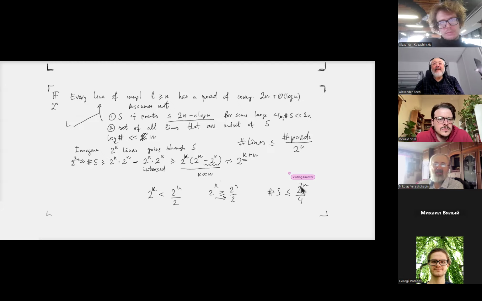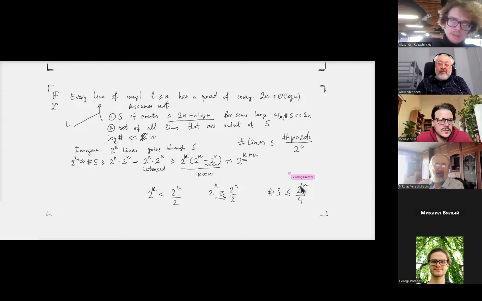I don't get this second part. It basically says that if 2 to the k is large, it's not possible. Why? Because if it's at least 2 to the n over 2, just consider exactly 2 to the n over 2 lines. We can apply inclusion-exclusion not to all lines but to some of them, to the first 2 to the n over 2 lines, and then they already give more than